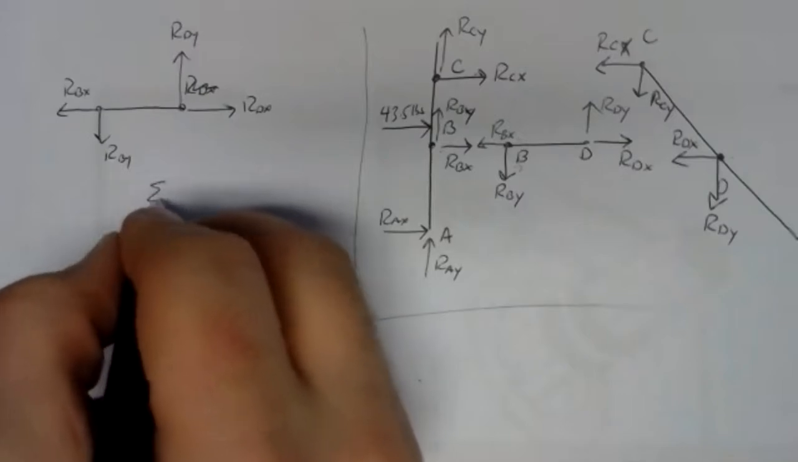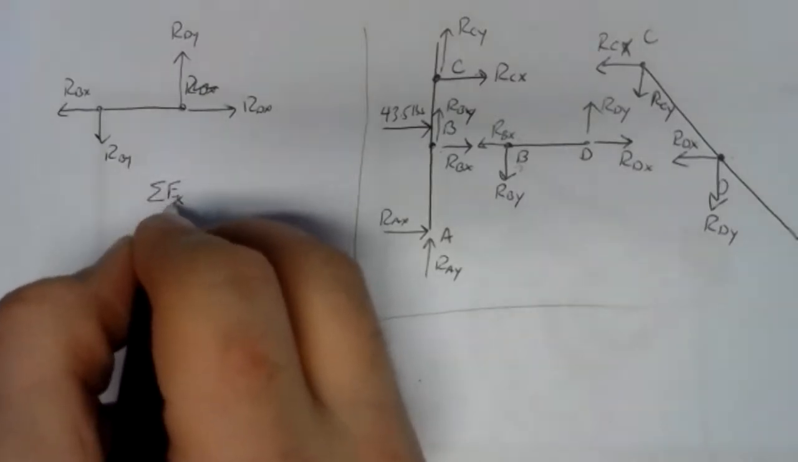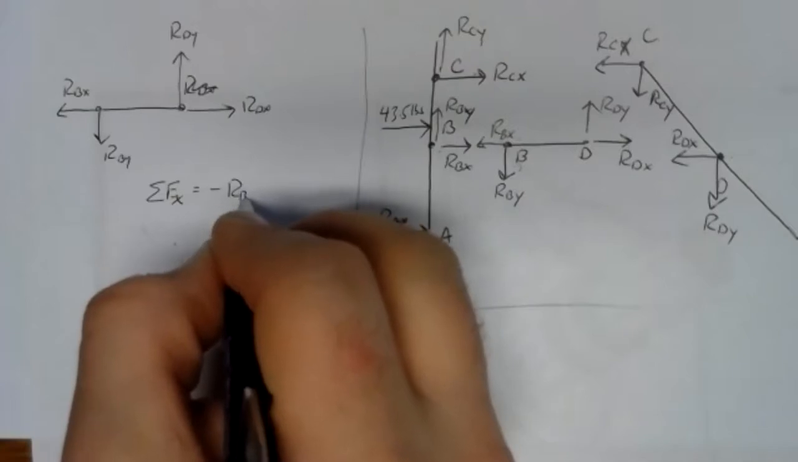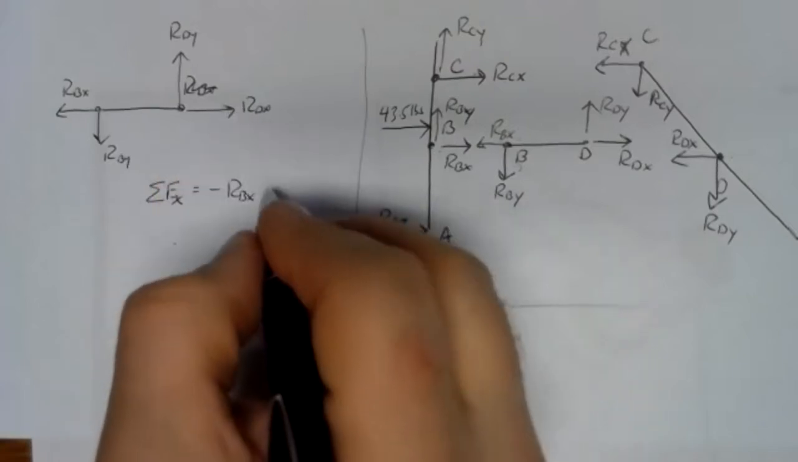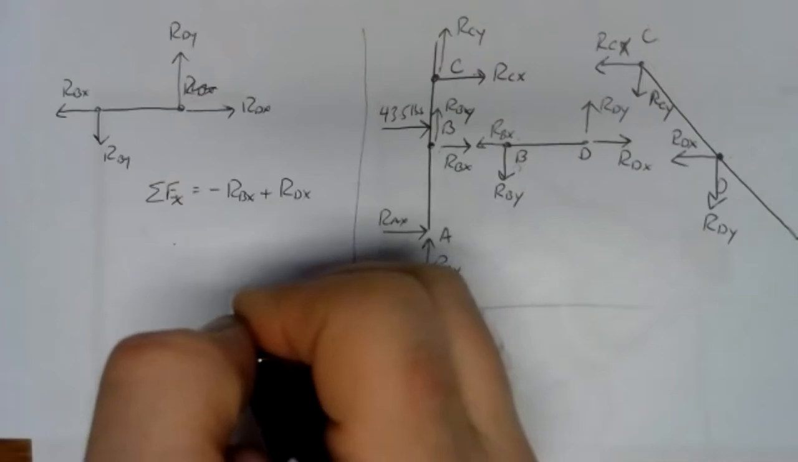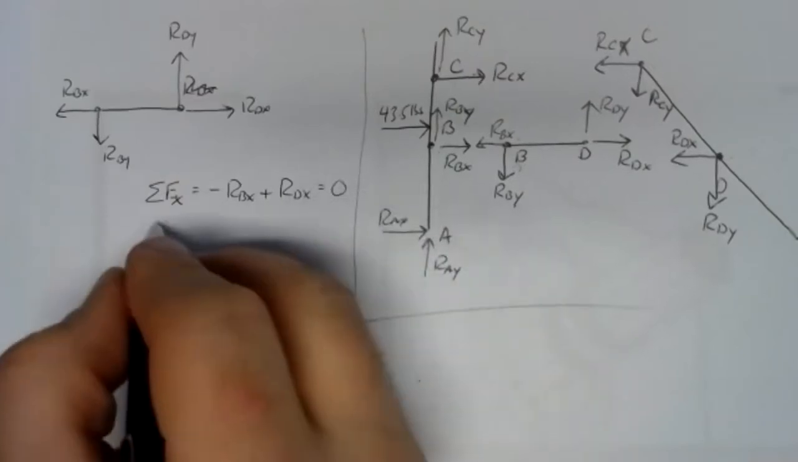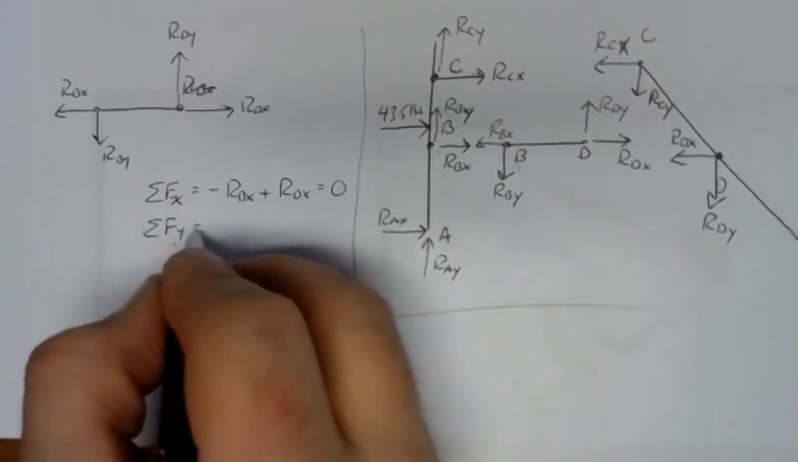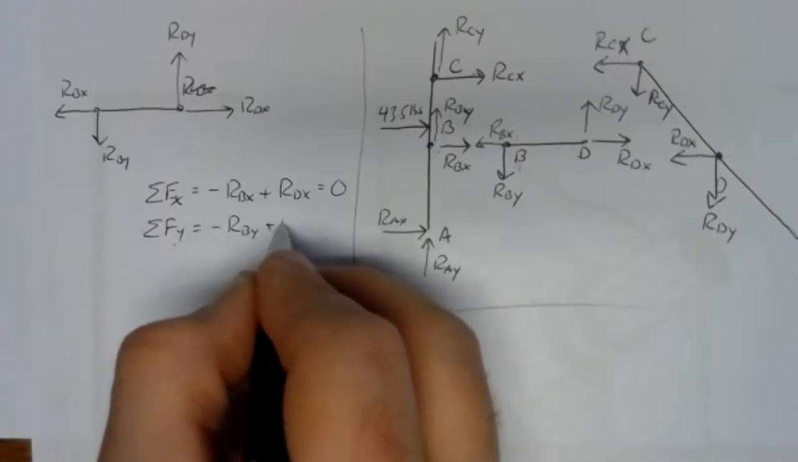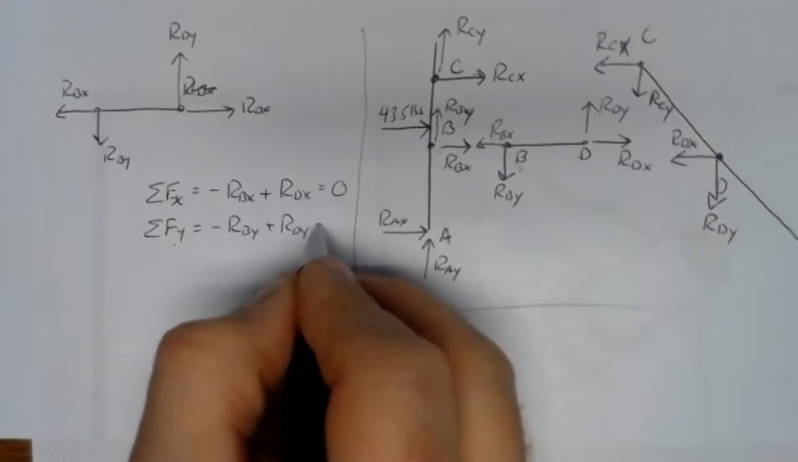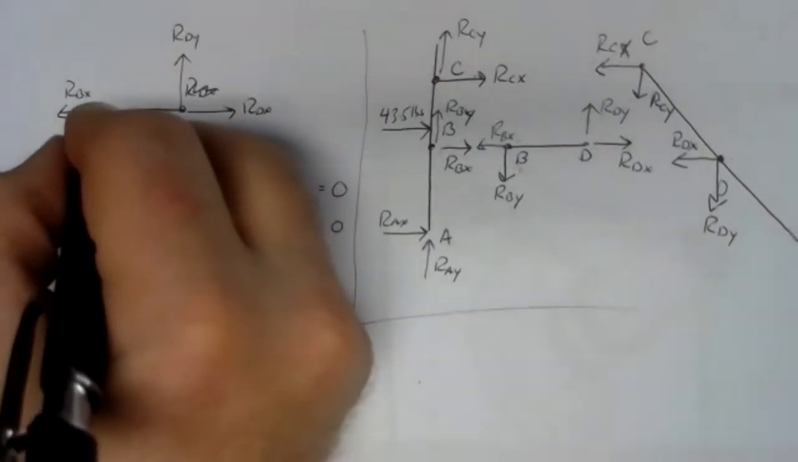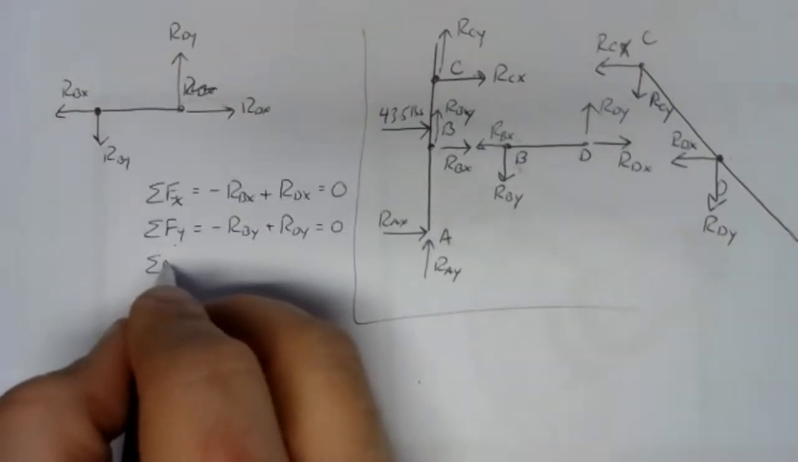Sum of forces in the x direction: we've got a negative RBX and a positive RDX. That equals 0. We do our sum of forces in the y direction: we've got a negative RBY and a positive RDY. That's equal to 0. And if we pick B as our pivot point and do our sum of moments about B,